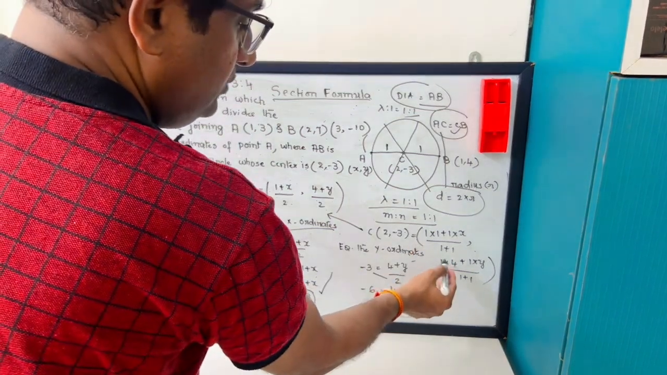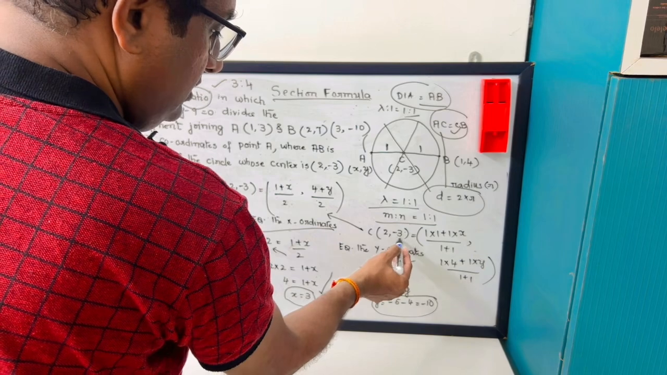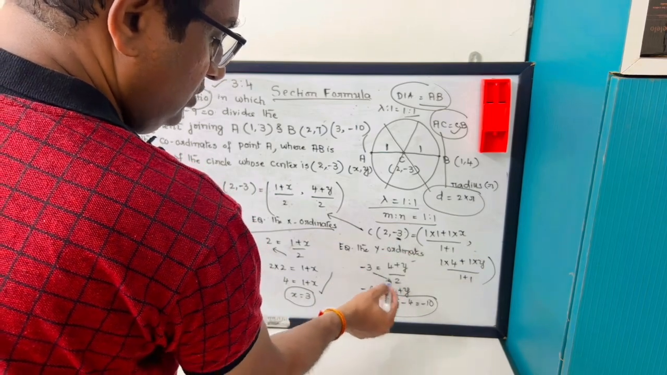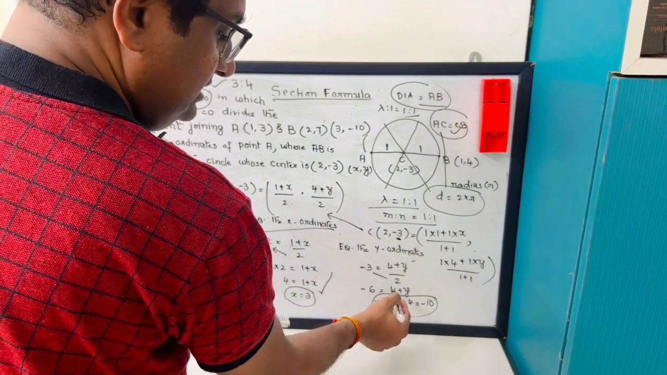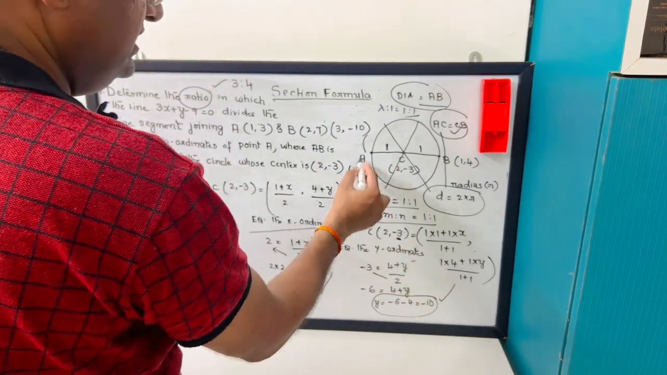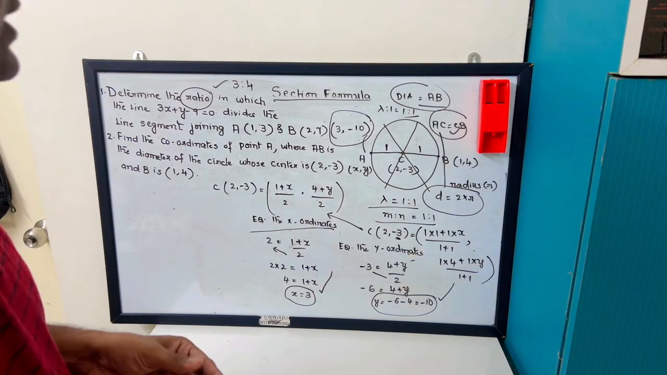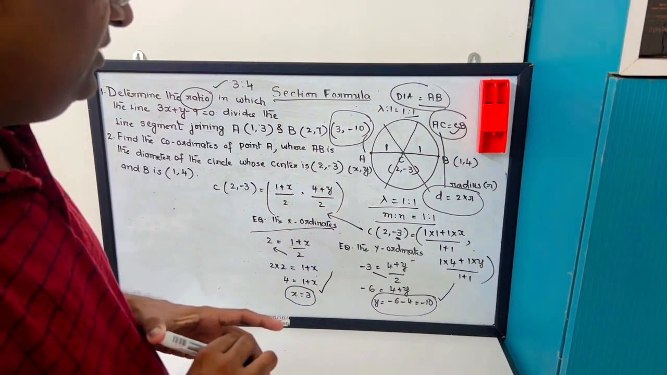Similarly, equating the y coordinates, 4 plus y by 2 is equal to the y coordinate, minus 3. So cross multiply it, minus 3 into 2 is minus 6 equal to 4 plus y, so y will be equal to minus 10. So the coordinates of A are 3 comma minus 10. Okay, so this is how you try to find out the